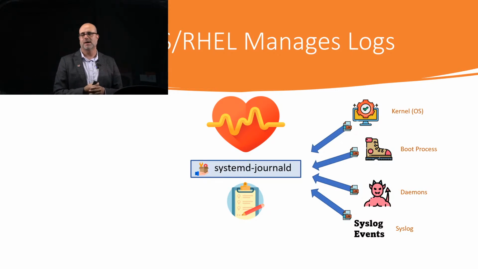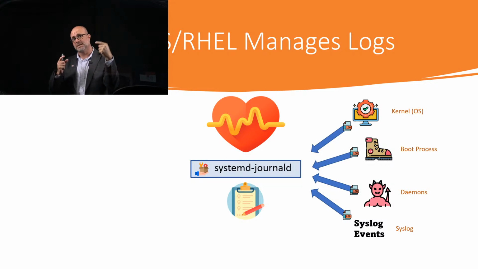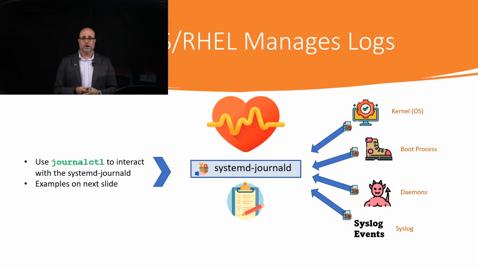The only reason I put that in there is because not every application sends something to Journal D natively, such as the Apache service. They try to just send a syslog. They don't care about Journal D. But you can configure them to send to Journal D, and then Journal D sends to syslog, and that's the way it should be. So Journal D, and I'm taking off the System D dash,